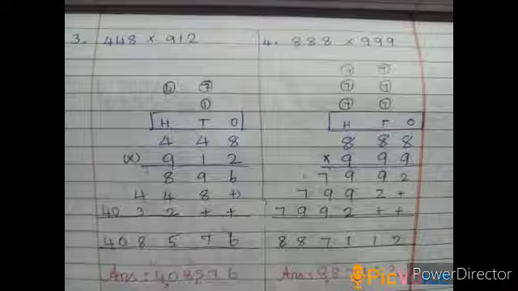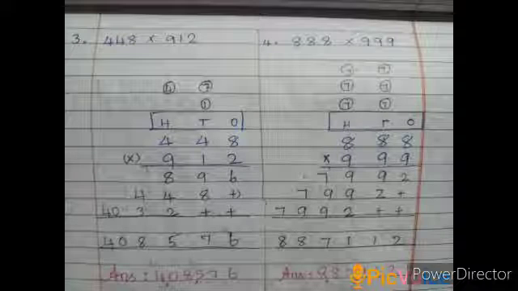448 multiplied by 9 now. 9 8s are 72, 2 and 7 should be carried over in the tens place. 9 4s are 36, 36 plus 7 is 43. 3 and 4 should be carried over. 9 4s are 36 plus 4 carried over, so it is 40. The answer will be: in the ones place we have 6, and in the tens place 9 plus